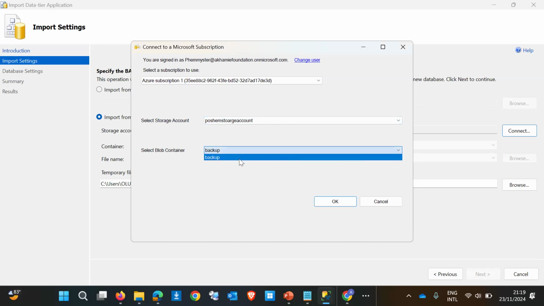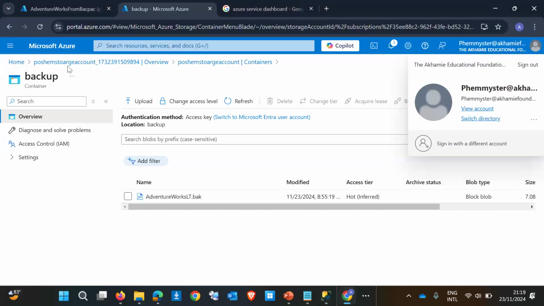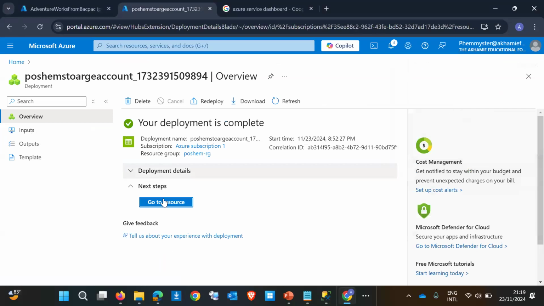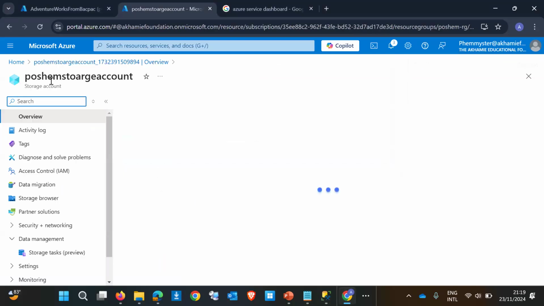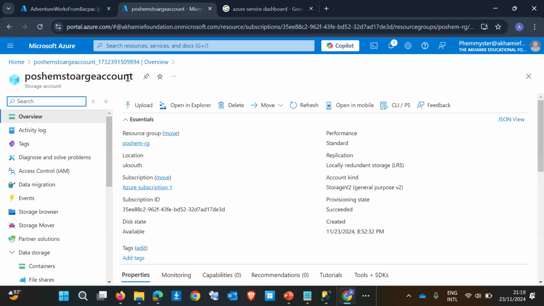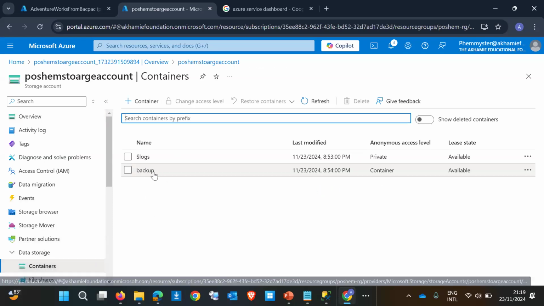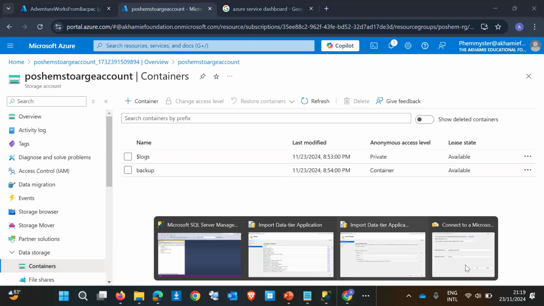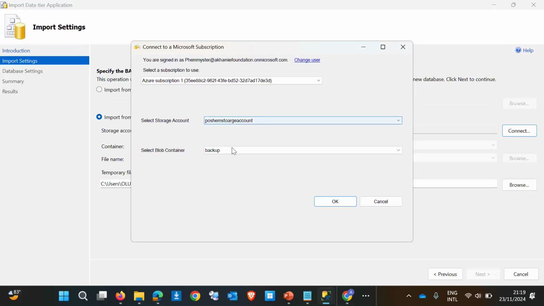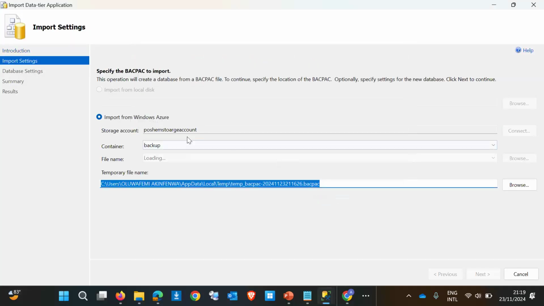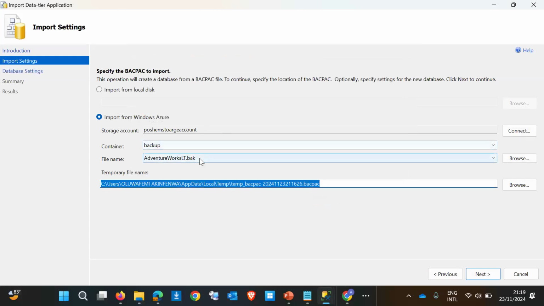Okay, good. Remember the name of the container, let's go back and double check this. I just want to show us, this is the storage account, the Poshem storage account. If we go under container, we have just one container and it is called backup. So if we come back here, look at this. You have the storage account and the container. If you click OK, what do you want to call it? This is the file name. Okay, so if you click on next,